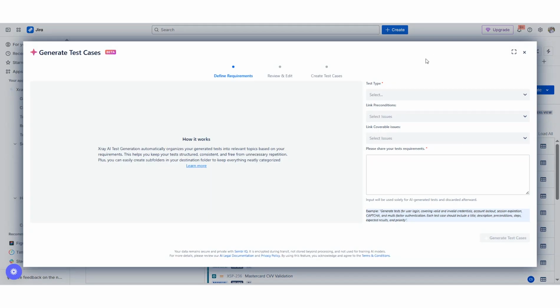You'll have three drop-down menus here, as well as a text box. The first one is to select what type of tests you'd like to create. Xray supports both manual and Cucumber tests, as well as any custom test type you have in your Jira instance, as long as they're of type steps or Gherkin. The second dropdown is optional, and you can link any precondition you'd wish if you'd like these tests to be associated with a certain precondition from your Jira instance. Similarly, the third dropdown is to link any coverable issues. We'll leave this one blank for now as it is optional, and we'll move to the last, which is the